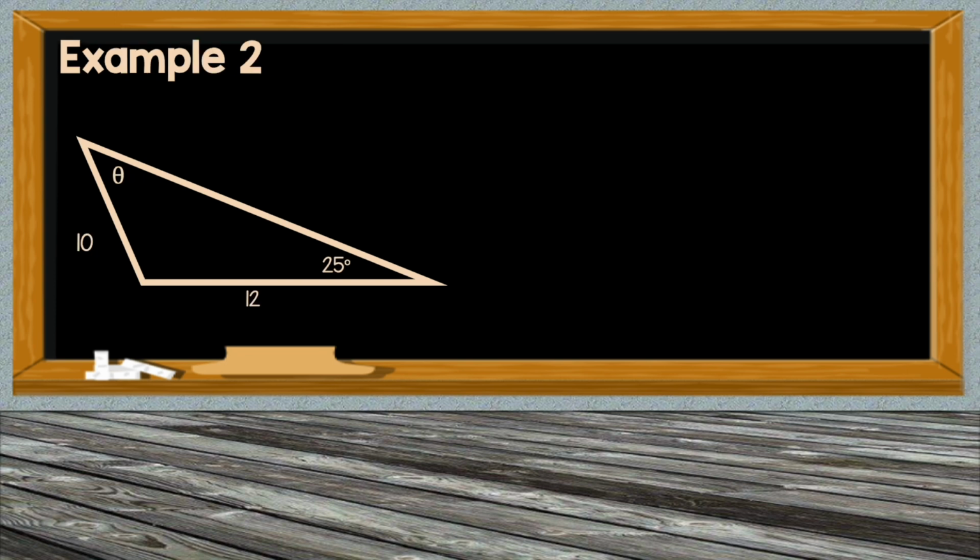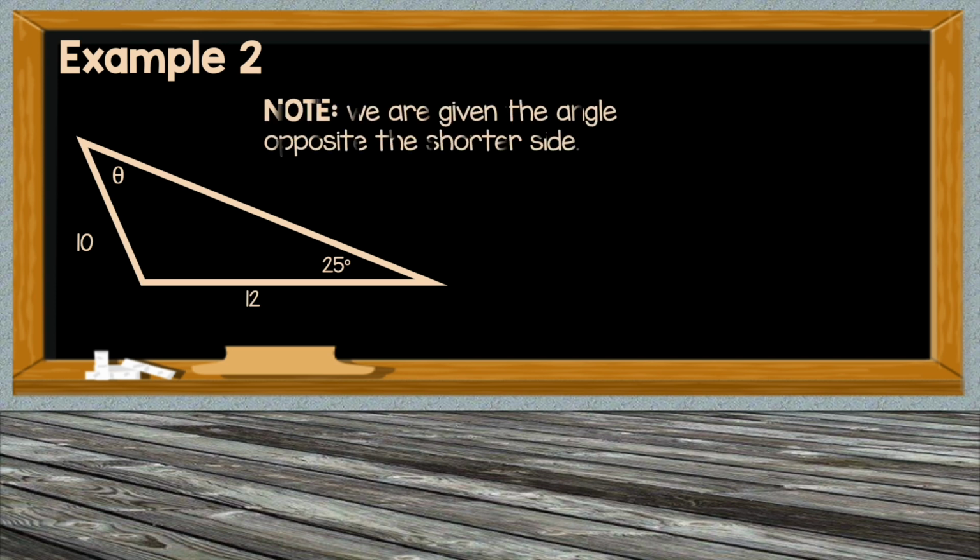Okay, look at this one here. So here again, we have two sides. We have theta we're looking for, and we're given one other angle in the triangle of 25 degrees. But you need to realize that the angle we're given is across the shorter side. And if you remember from our notes,